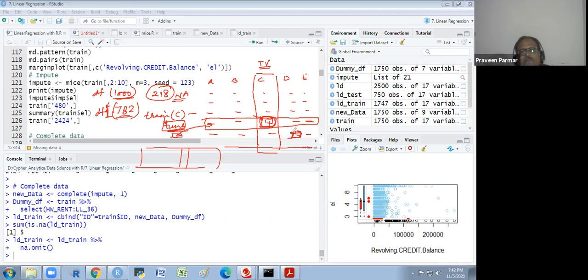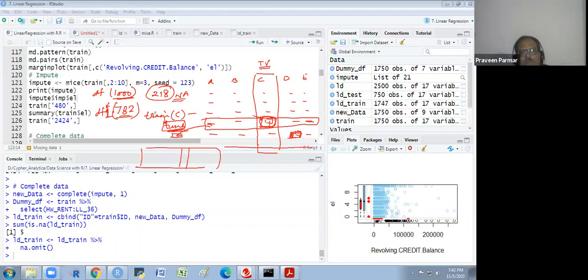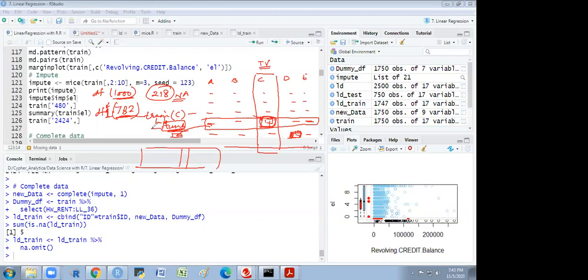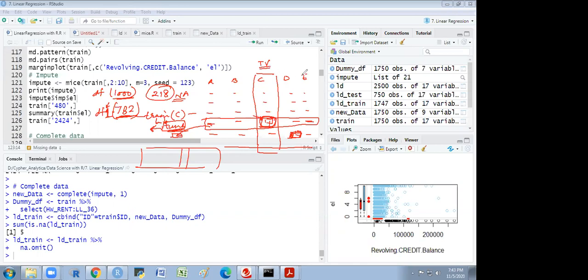Sir, in case of tuning the model, as you said that we'll feed the data, but in the missing place, how will we feed the data there? No, tuning is not that thing. We have trained the model with this data set, and we have removed the missing values. After making a model, you tune it. You remove some columns which are not essential in your data, which are not making a significant impact on your target variable.